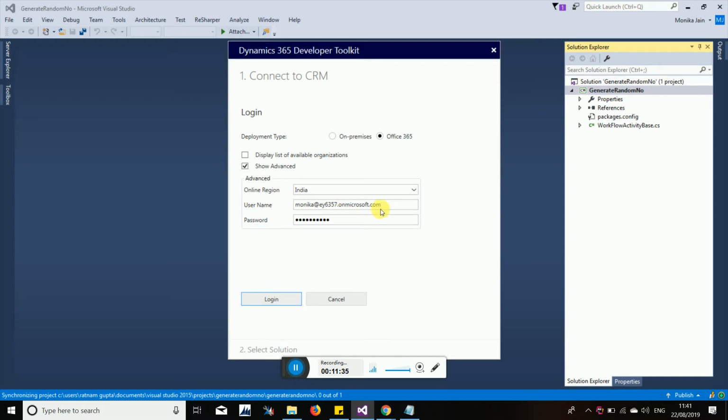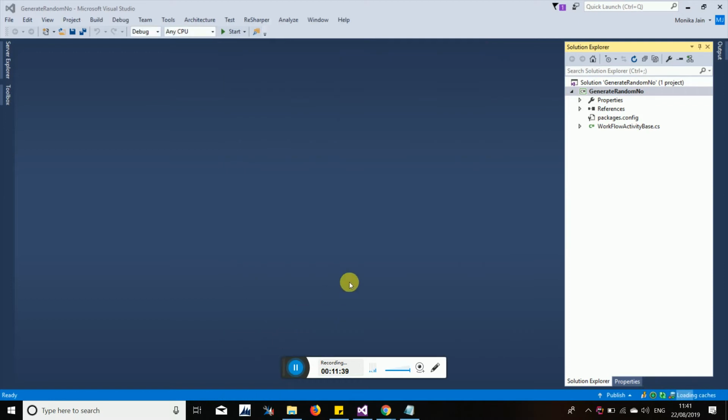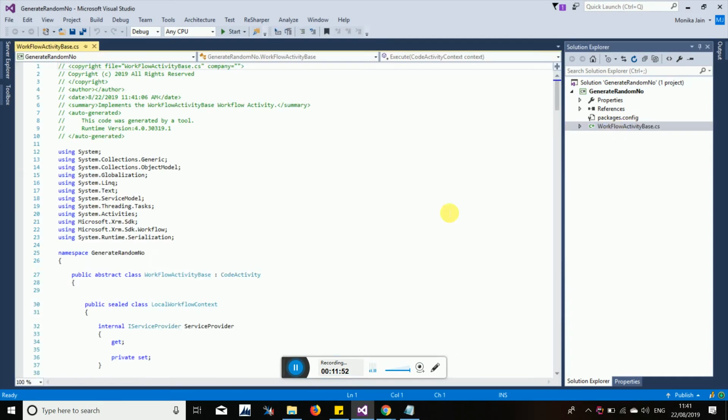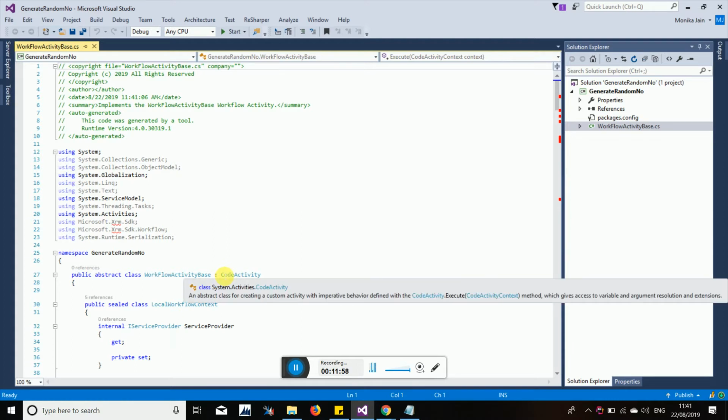By using the Plugin Registration Tool we will be doing it. So this is our file which is already generated, right? Earlier I told you what it is: Code Activity, and this is inheritance.